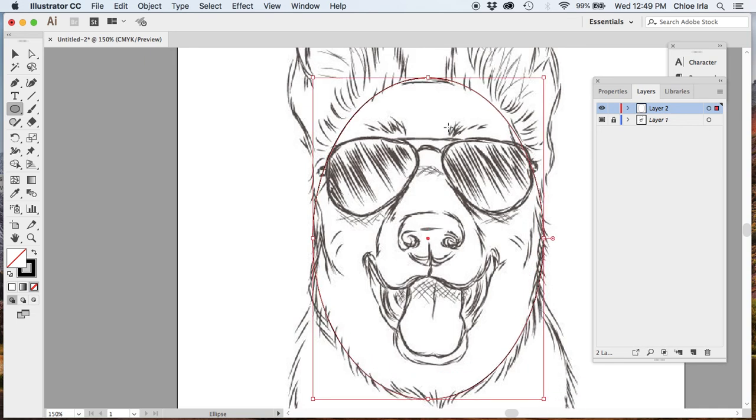Add some detailing. And you'll see that as you keep adding elements into your drawing, you'll have these sublayers that start to be created, and I'll show you those in a second. So right now I'm clicking, I'm dragging out, I can see the control handles,